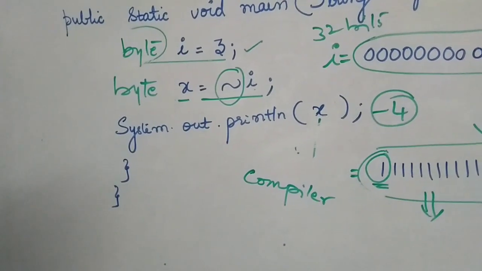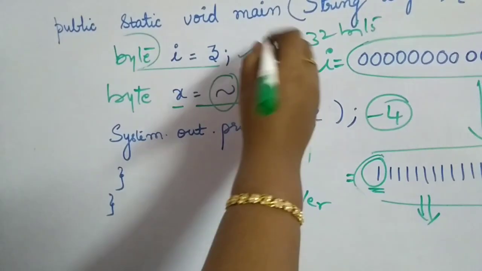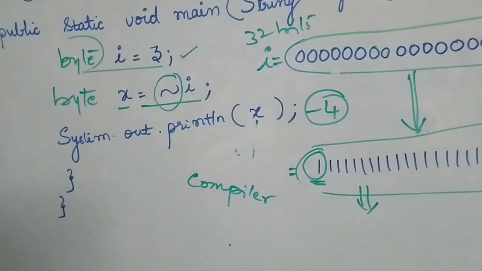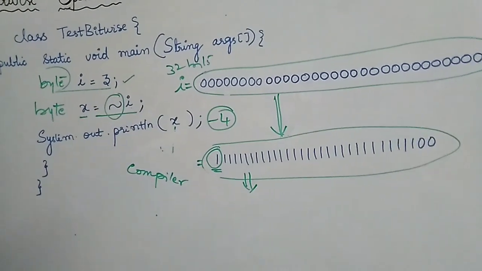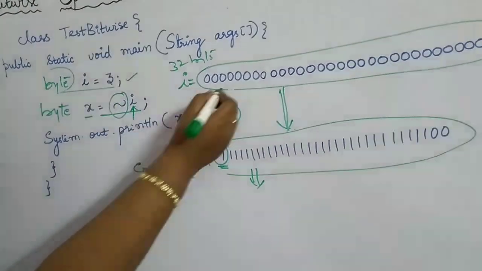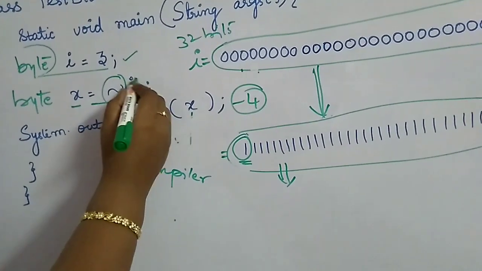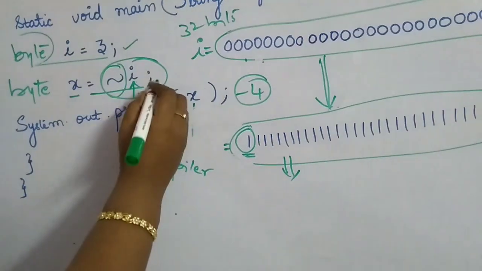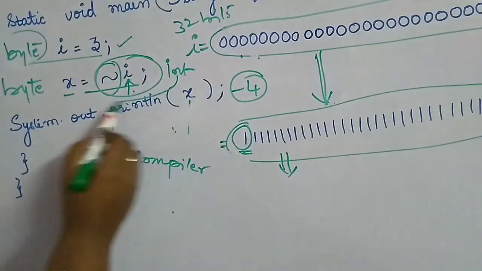The reason is that even if you write byte i equal to 3, it will be converted into an integer and stored in integer format. Remember what I said regarding the conversion rules: byte or short will be converted to integers and then used in the operations. So the result calculated here is of integer type, and now you are trying to fit an integer into a byte type.